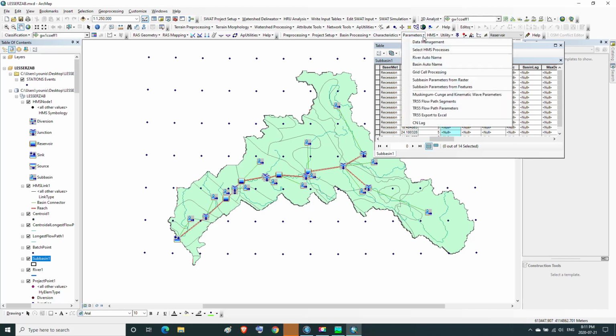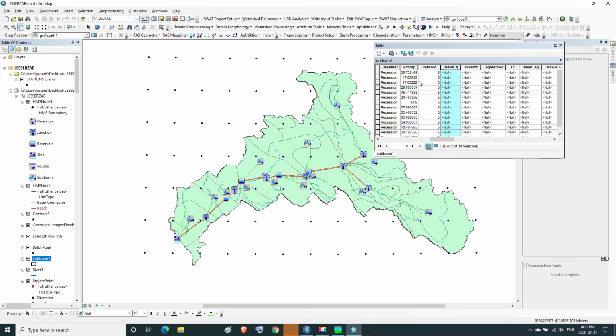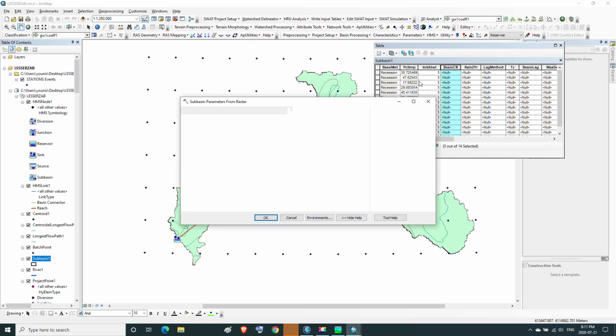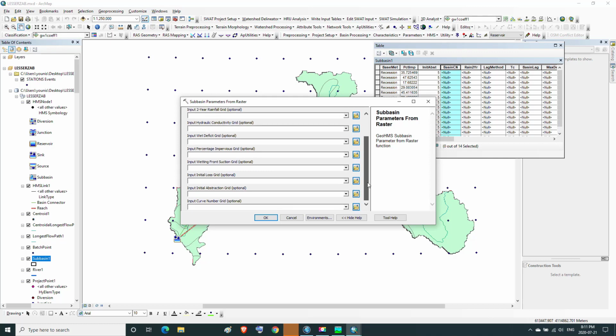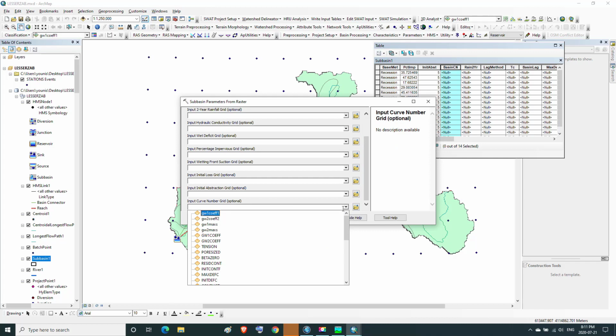Then we return to the parameters menu. Then we choose subbasin parameters from raster. And in it we go to the input curve number grid. Then we choose CN grid.